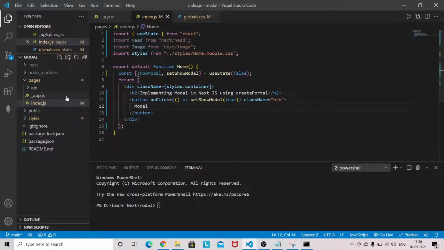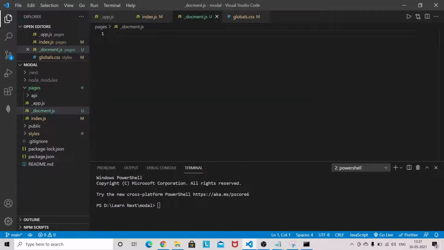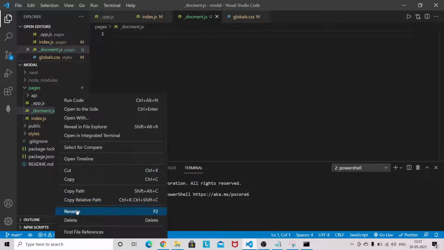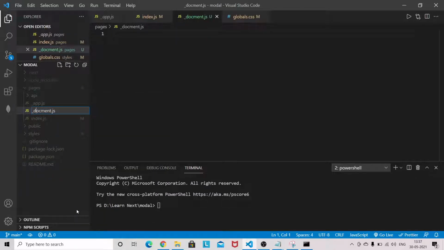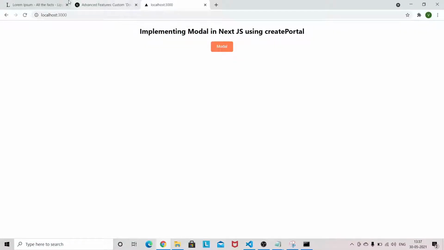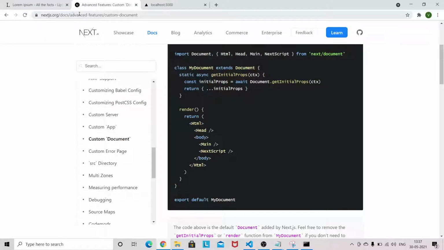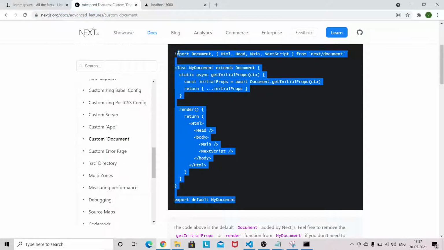Before we start writing the modal component, we need to do one setup here. We have to create one file, _document.js. Sorry, spelling mistake. Now come to this document, this link actually, the Next.js document, and copy this entire code and just paste it.